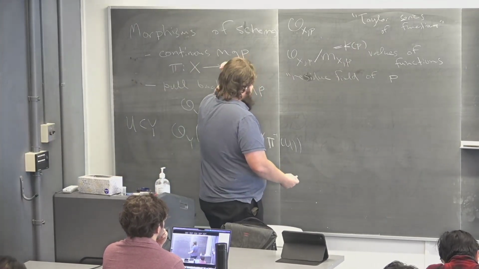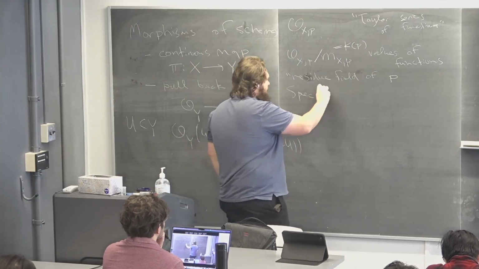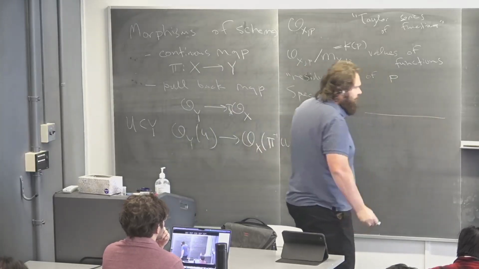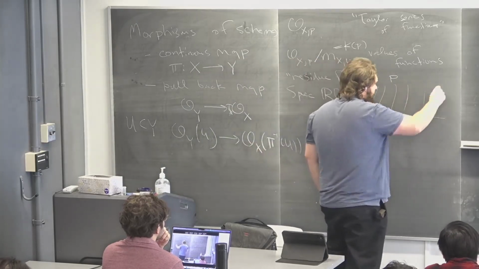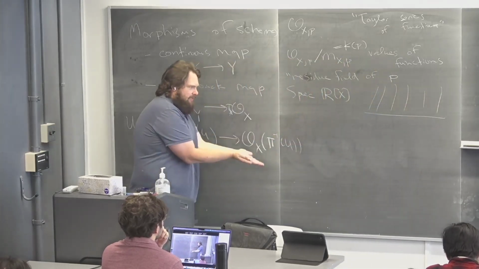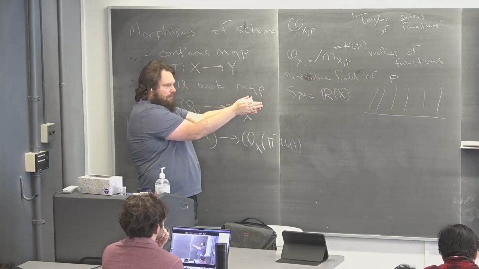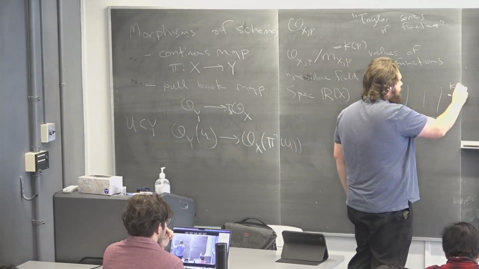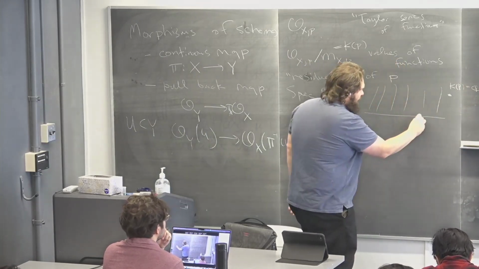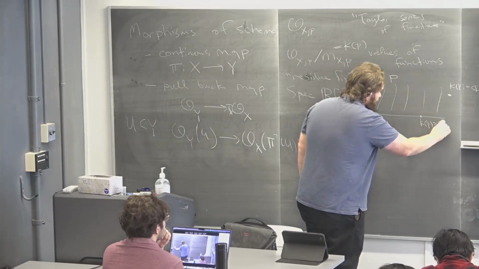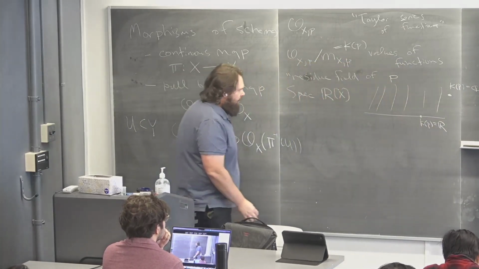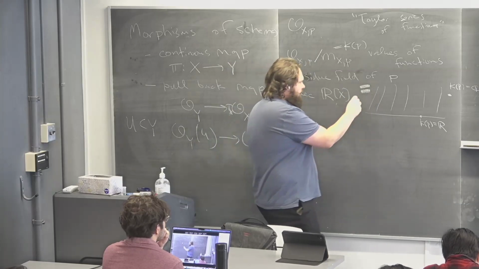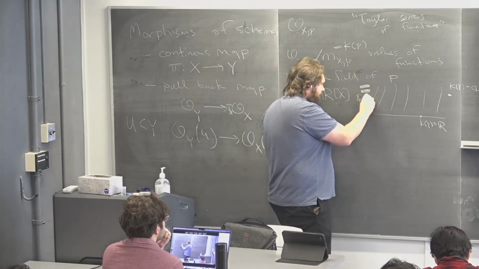So for example, if I look at spec of R[x], we've discussed that this has this odd structure of having a copy of the real line and then half of the complex plane, or it's really better to think of this as the complex plane folded up by modding out by the automorphism of conjugation. If I have a point here, the residue field is going to be C. If I have a point here, the residue field is going to be R. And there's also one more point, the one corresponding to the zero ideal. So there's also a generic point whose residue field is rational functions